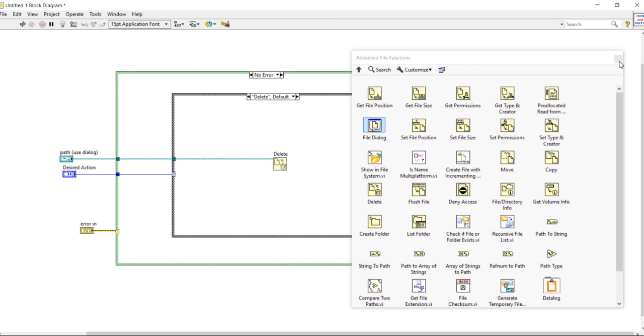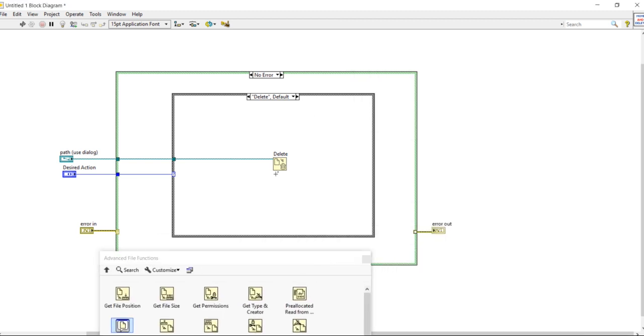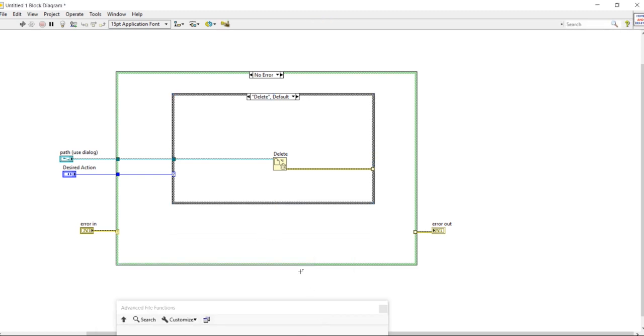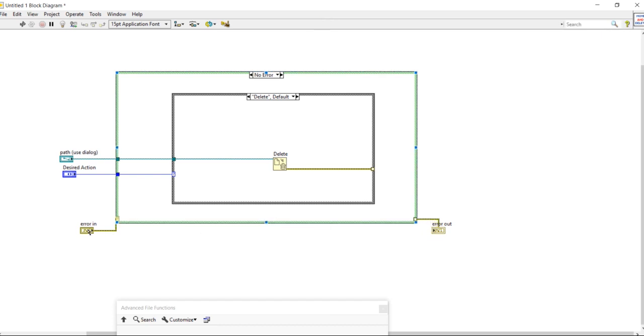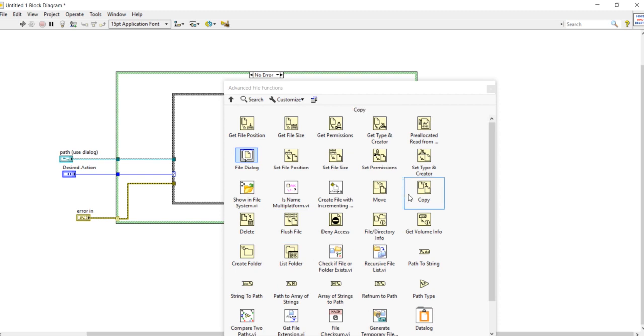Now if there is any kind of error it will come out, so we will take this error out like this. Now come into the move section and again take the move function from here and place it here.